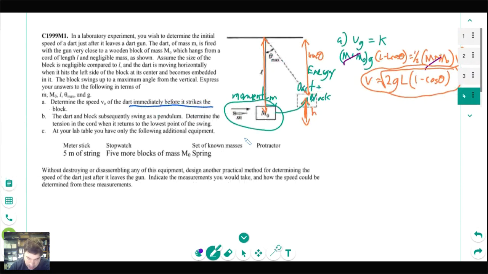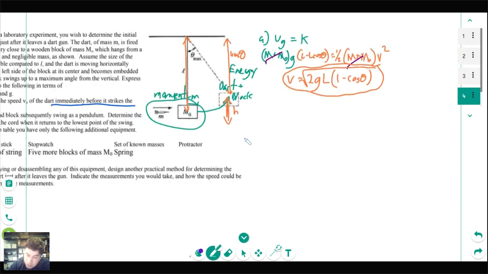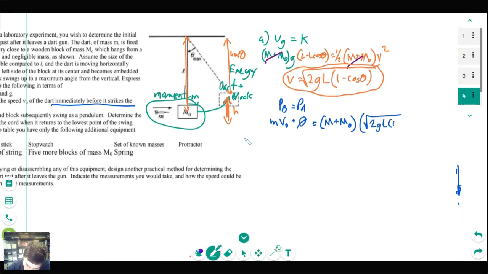Okay, well, we've done the energy part already. Check it off. It's done. Now we need momentum. So I can say P before equals P after. So I've got the mass of the dart, which is little m, times, let's call it v naught, a good term to use for the original velocity, plus 0. The block isn't moving anywhere, so I don't need to worry about it. That's equal to m plus m naught, so the block and the dart's mass added together, times the square root of 2gL(1 minus cos theta). And, okay, let's just divide by little m, and we're done here. So the velocity of our dart is (m plus m naught) over m times the square root of 2gL(1 minus cos theta). And there's our speed of the dart